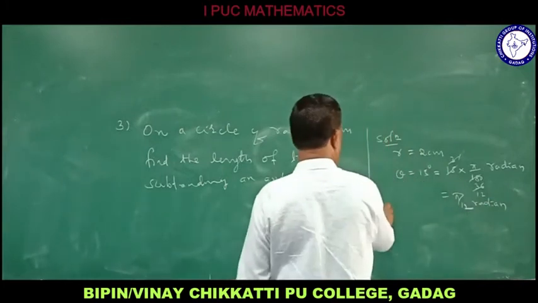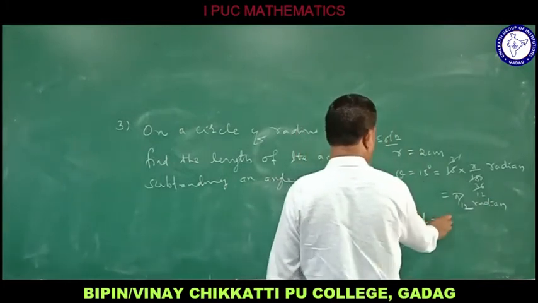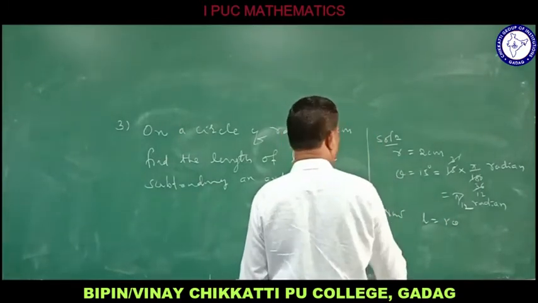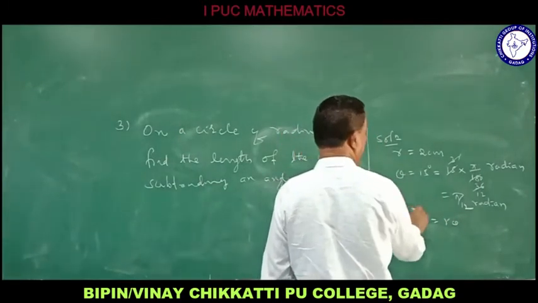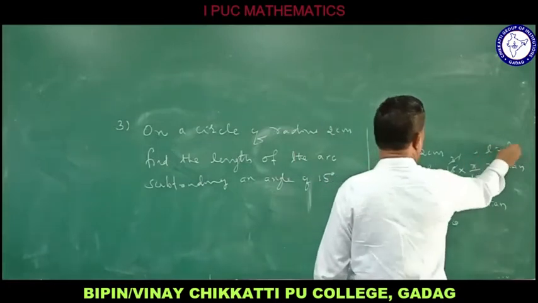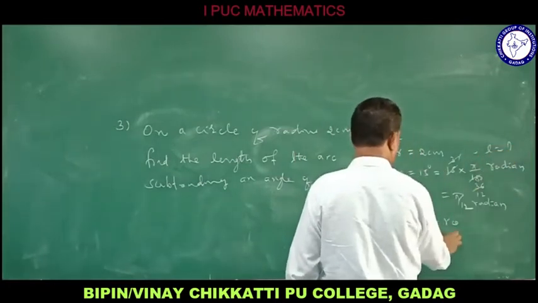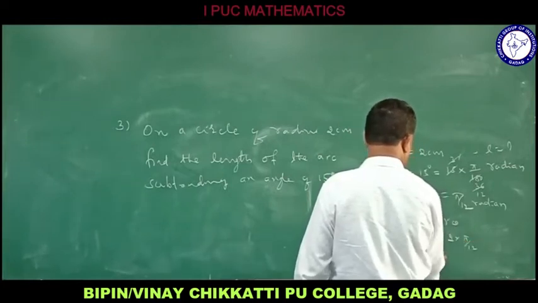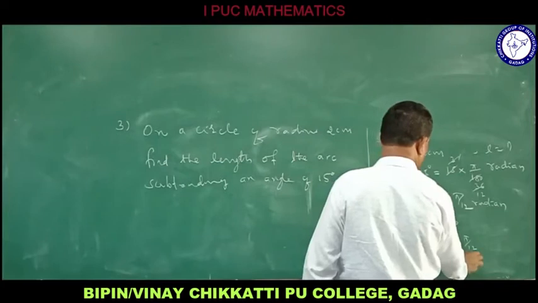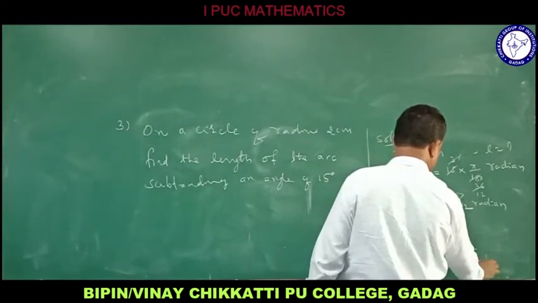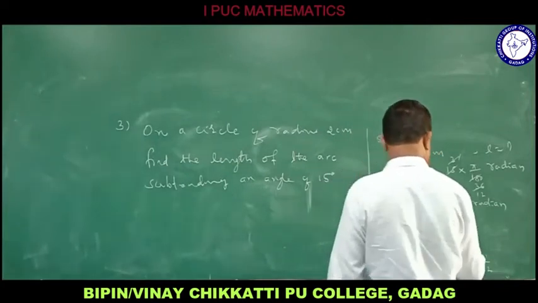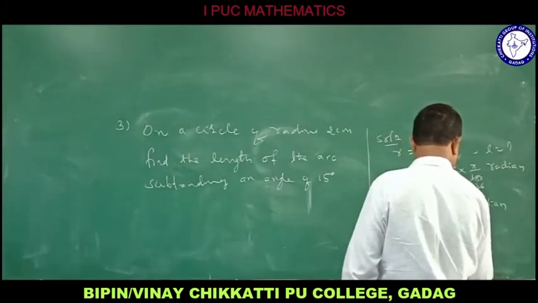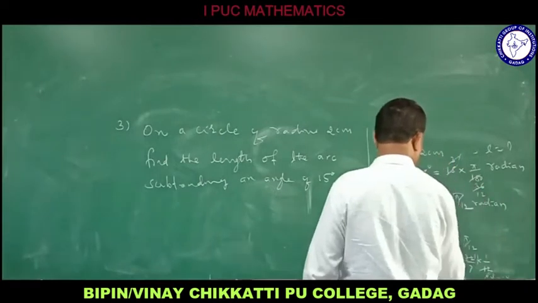Now what is the formula we have? L is equal to r theta. The question is to find the length of an arc, so the question is here L. So L equal to r theta. R means 2, theta means pi by 12. So L equal to 2 into 22 by 7 into 1 upon 12. Here 2 ones are 2, 6 twos are 12, 2 threes, 2 elevens. So L is equal to